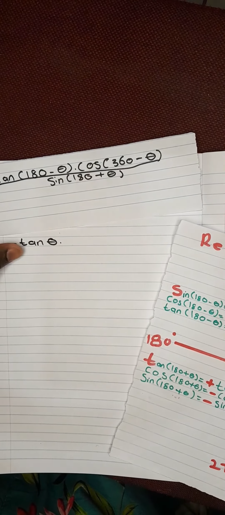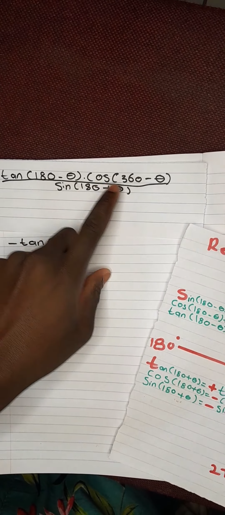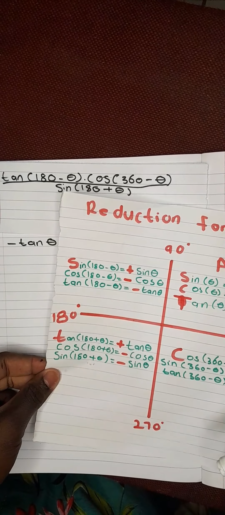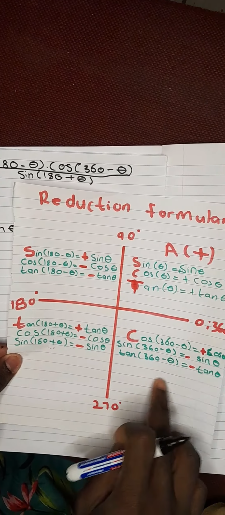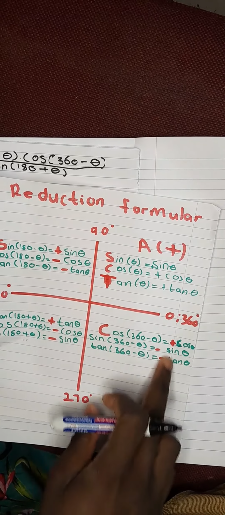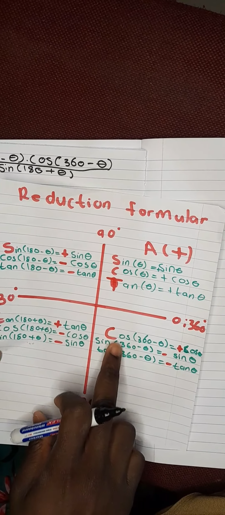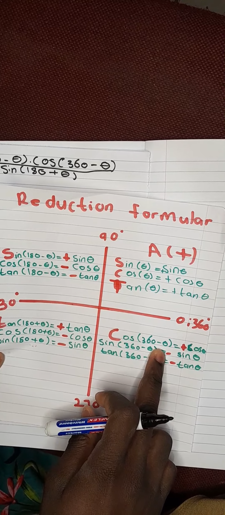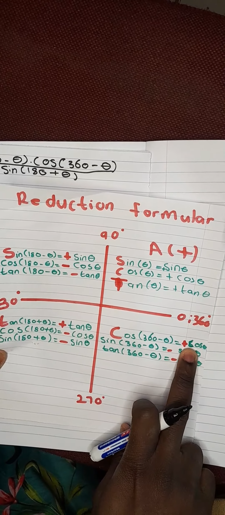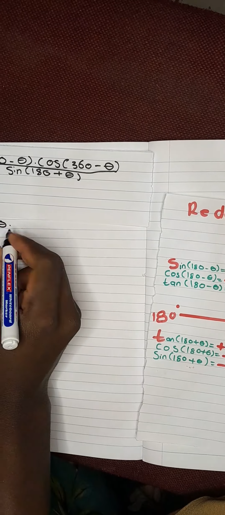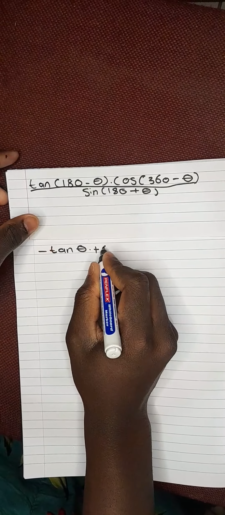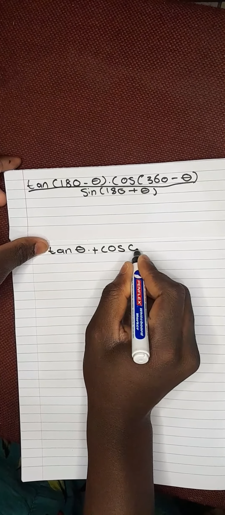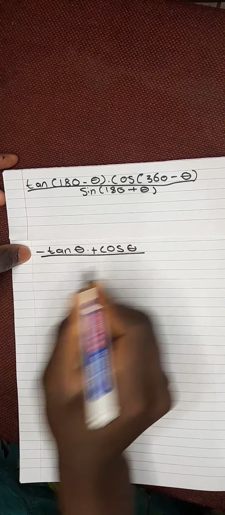My second one shows that we have cos 360 minus theta. Here's 360, and minus means it's going to fall under our fourth quadrant. And we can see that cos in my fourth quadrant is positive, meaning I'm going to have plus cos theta, all divided by